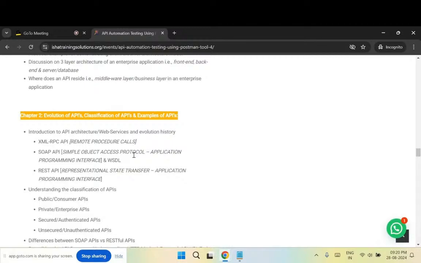In fact, my trainings are all designed based on my real-time experiences. It's not that I only train; I also do hands-on automation testing even today. Even before joining this call, I was doing some automation for a project for one of my customers using the Postman tool.